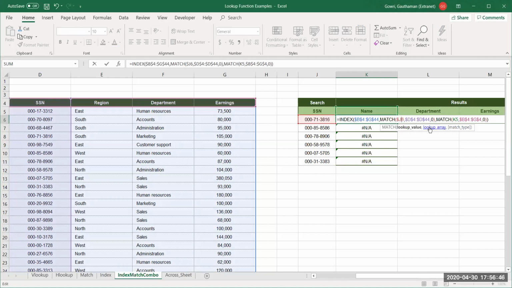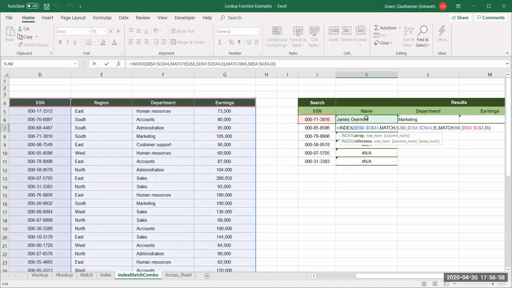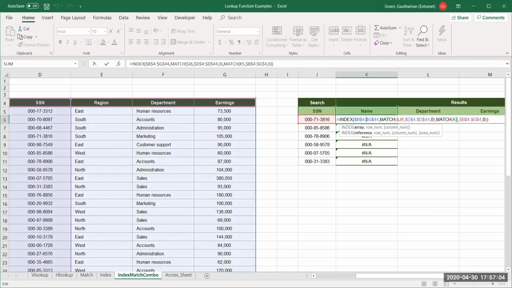And again, if you see here, I gave K5 as the match for the column number. It should remain in the fifth row. If I don't do so, you can see here, for the column number, it's taking this one, which is wrong. It should not move from the fifth row. So I'll go and change the reference here again. F4. I'll give a dollar on the fifth row now.